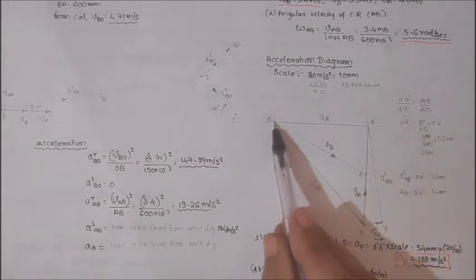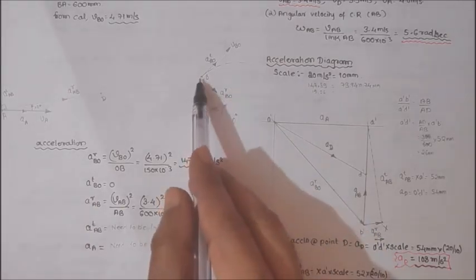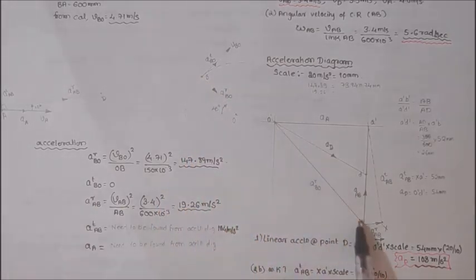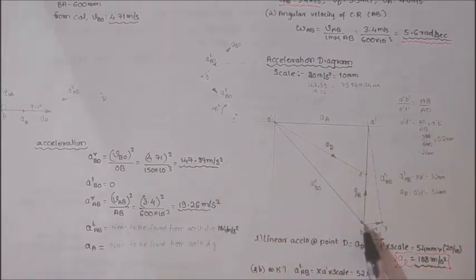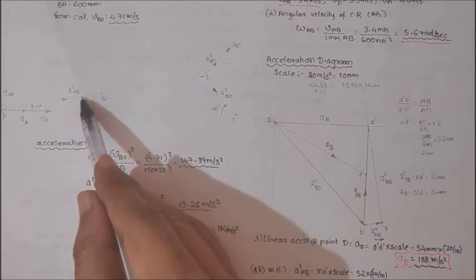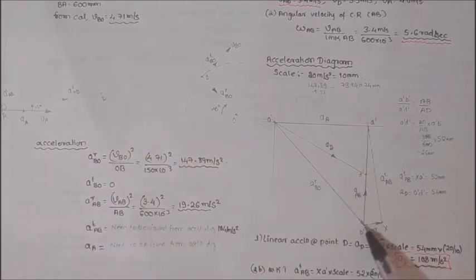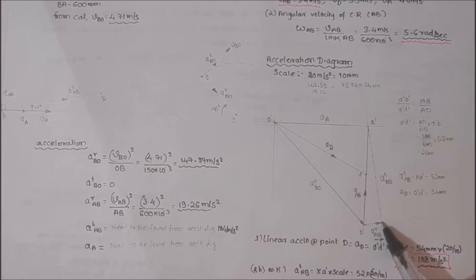Then from O, draw a line till B dash, which is parallel to OB line. So it will be this one. To a scaled value of 147.89, you will get to this one. And then we are having the tangential component 0. It will be there itself only, no magnitude, neither direction. It will be B point. Then radial component 19.26. So radial component will be parallel to this one. So draw line parallel. Direction we know from this one. Draw it. The magnitude of that one will be 19.26. So from here 19.26.